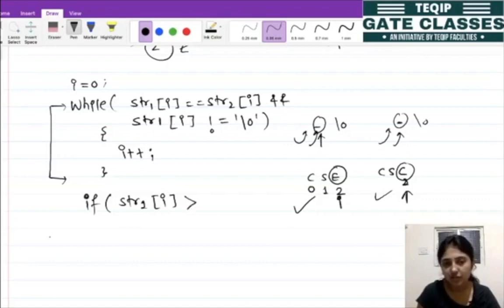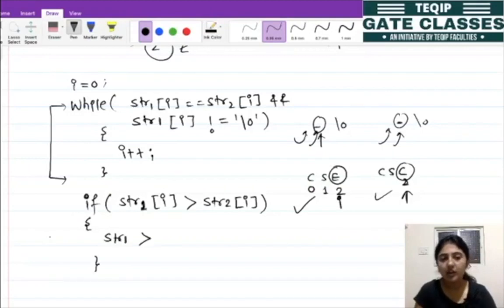So if the string 1 of I, that means this location at which they found the difference, if that is greater than string 2 of I, then both I will be at the same location, because I at a time means for both we are incrementing at the same time. If this thing is true, that means str1 is greater, right?